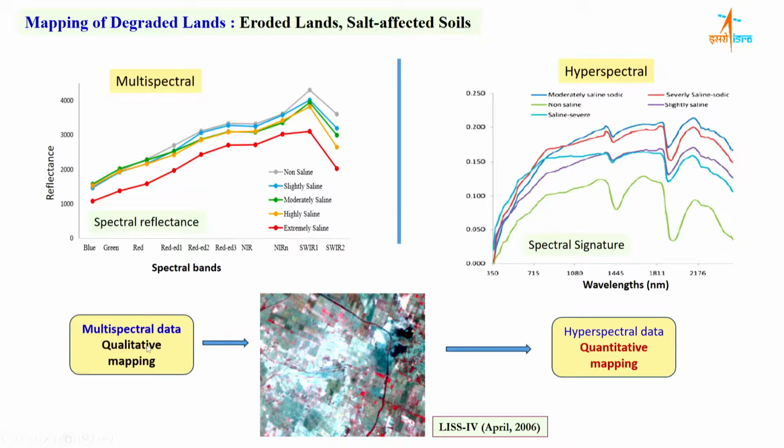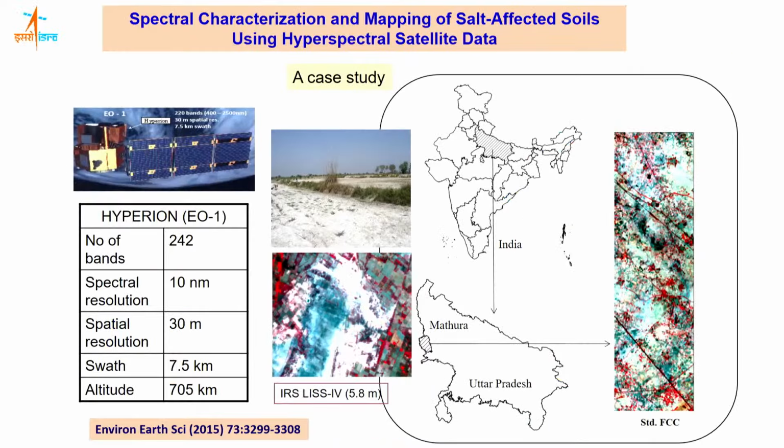You can say the multispectral data is used for qualitative mapping, where you can say slight, moderate, severe salinity, the salt affected soils. But here you can use the hyperspectral data for quantitative mapping of the pH of the soils and electrical conductivity of the soils. Just as one example, I will show you a case study in the same area, in Mathura